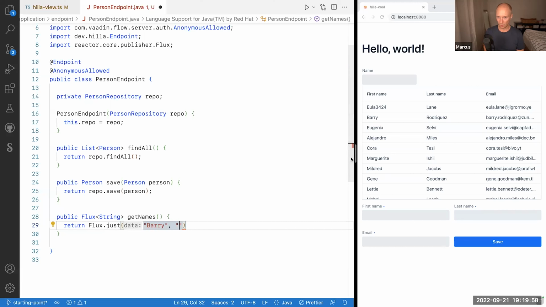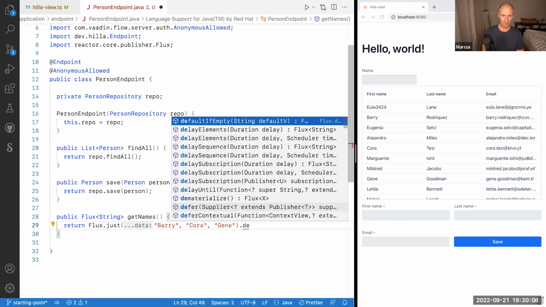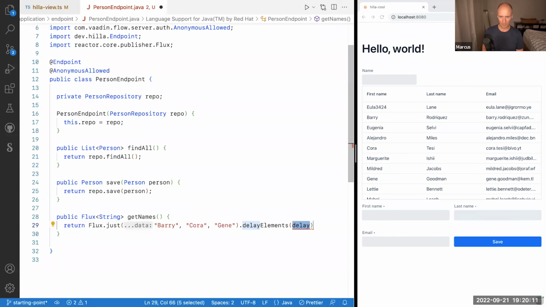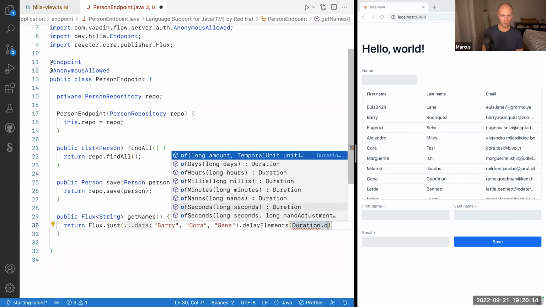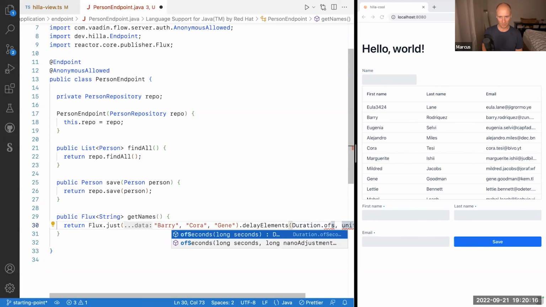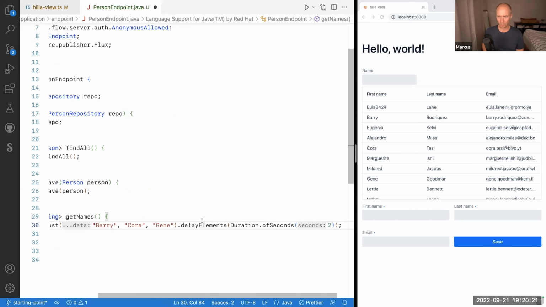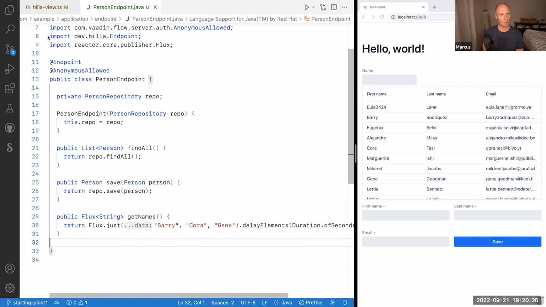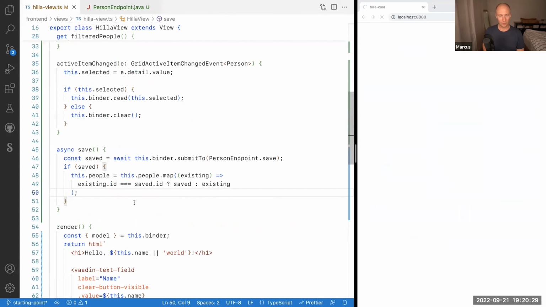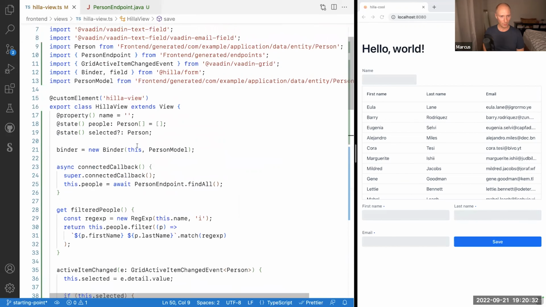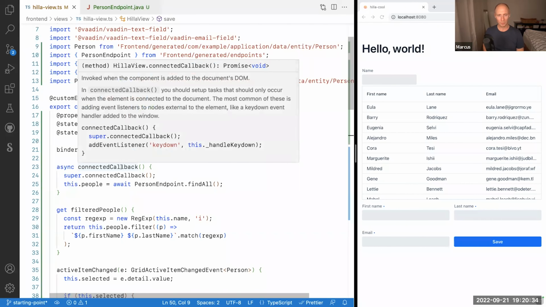Let's do Cora. And let's do Gene. So let's pick short names. And then we're going to delay the elements by a duration of 2 seconds, so 2 seconds between each element as we're returning them. So again, if we go into our UI code here, we're going to subscribe to this flux here